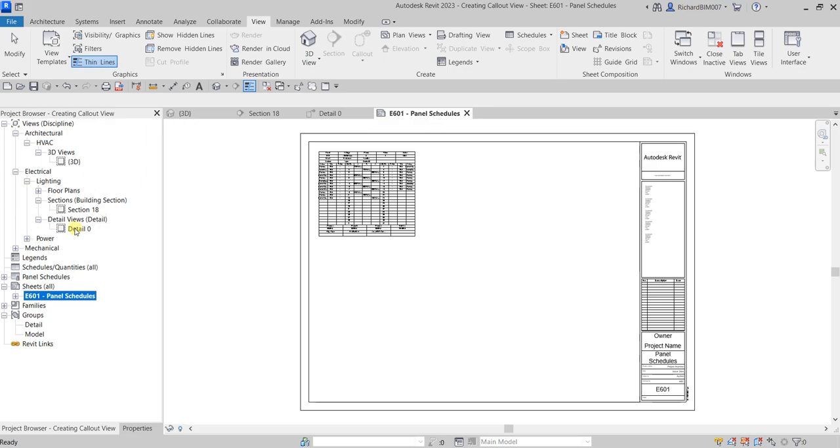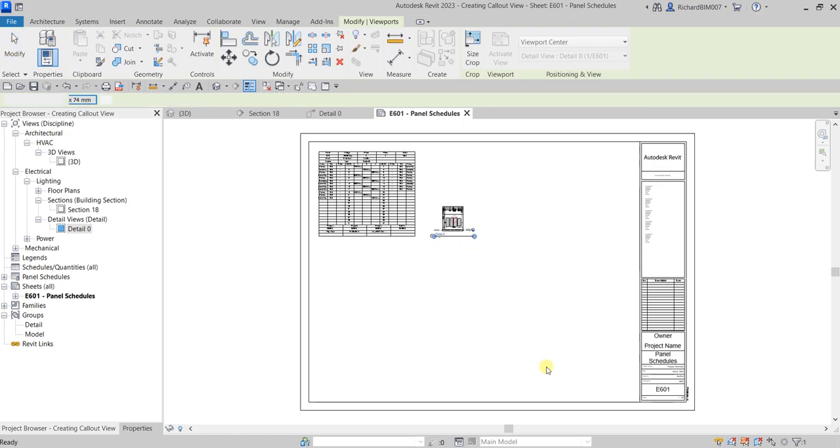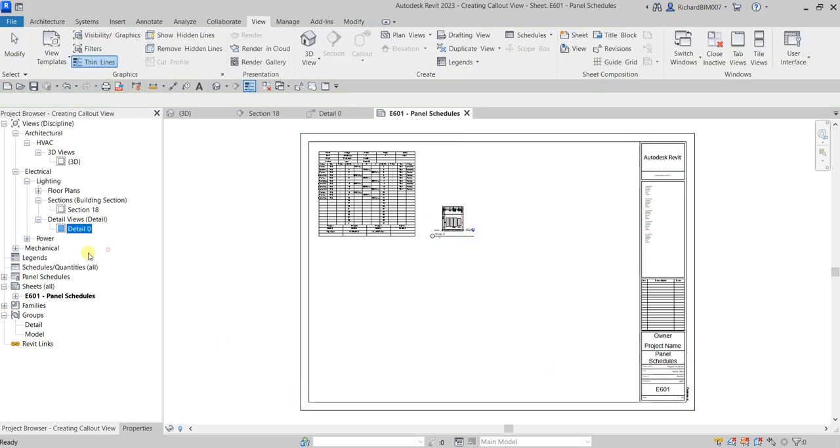So for you to be able to place this view inside the sheet, you just need to drag and drop. Hold your left click on that view and then drag it inside, just like that. And then you can now place it, for example, somewhere here, like that. And then you will notice there's a color blue now here. So previously it's only white color, but since you already inserted this view inside the sheet, it becomes blue,